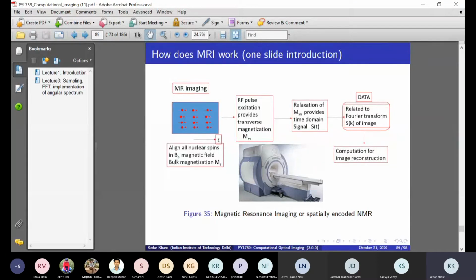Now this is a very simple, bare bones picture I have shown, but things are a little more complicated. There are multiple coils around the patient, about 8 or 16 coils, and they are all collecting data simultaneously. Now, if you had just a constant magnetic field, then everywhere the precession frequency, or the Larmor frequency, would be the same. So instead of having a constant magnetic field along the z-axis, what is done is you give a gradient to this magnetic field. So the field may be B0 plus some gradient along the z-axis.